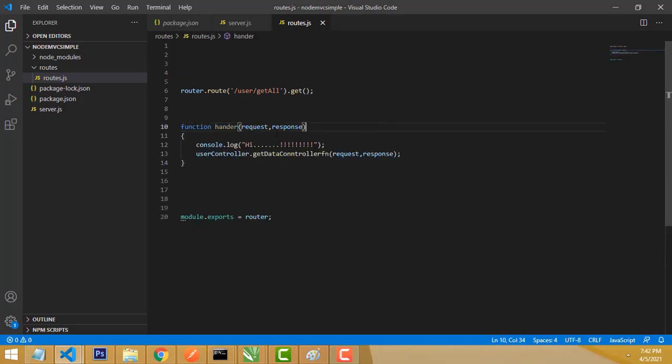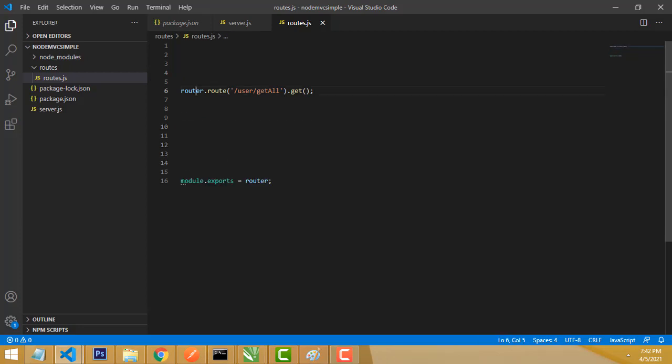I just test it, okay, whether it is okay. So here, don't compare this one, I will explain it later on. Okay, so here you have to write the method function handler with request and response: get the request and send the response, right? This is a console log hi, right? This function you have to write separately, Control X, cut it off.